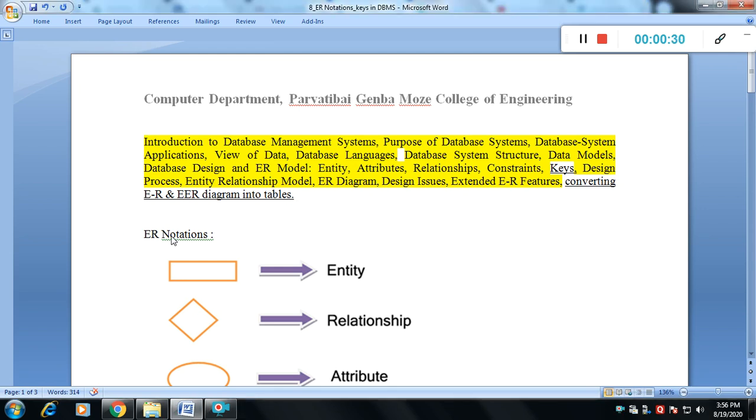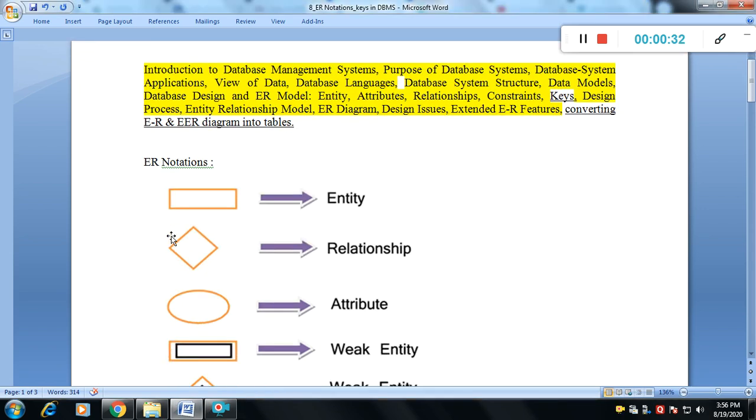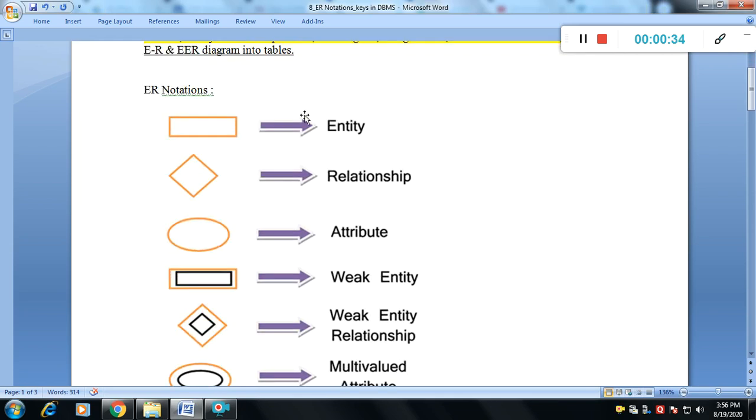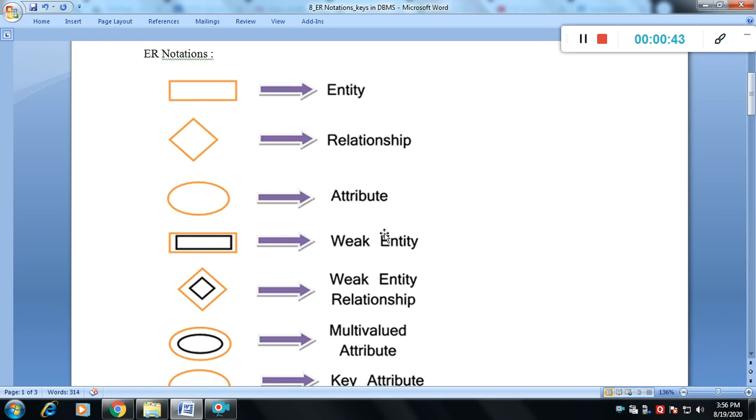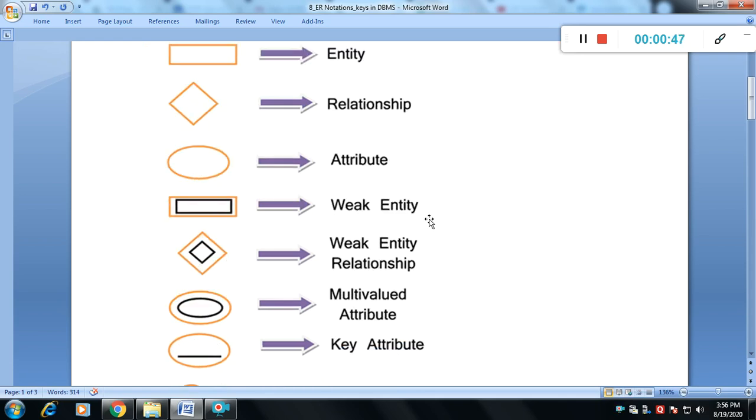At the start, we will revise the notation of an ER diagram. An entity is in a square box, a relationship is in a diamond, an attribute is in an ellipse, a weak entity is a double rectangle, and a weak entity relationship is a double diamond.